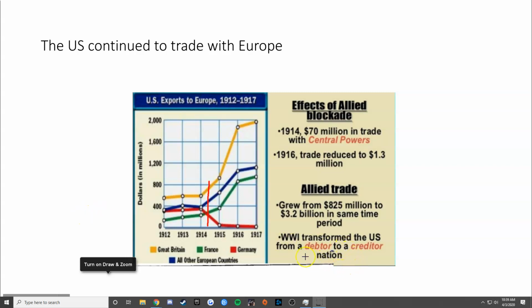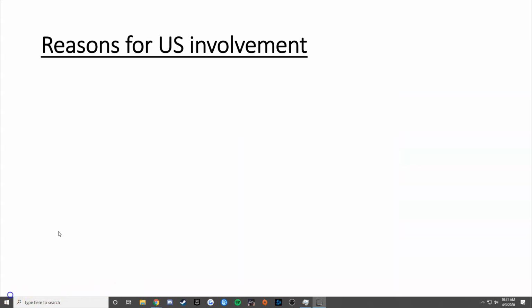The other thing I wanted to make sure everyone understood is that one of the problems for these Allied powers, they didn't have any money, so they had to borrow from American banks. And so we went from being a debtor nation to a creditor nation as a result of the war in Europe. Okay, so that sets the background, the context of what's going on. Obviously, we know the end point: the United States gets involved in World War I. So we have to move from how we weren't involved to how did we get involved over that 3-year span from August of 1914 to April of 1917. What pushed the American government and the American people towards the war in Europe?